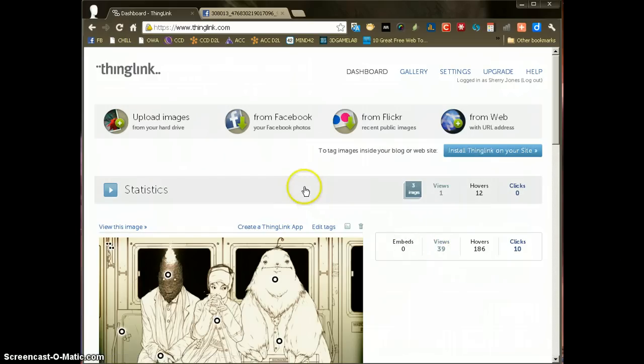Okay, now when you log into Thinglink, there are 4 buttons that you should see. The first one says Upload images from your hard drive. Second one says from Facebook, your Facebook photos. Third is from Flickr, Reason Public Images. And the fourth is from web with URL addresses. For the purpose of this tutorial, we will just use this particular one, which just says from web with URL